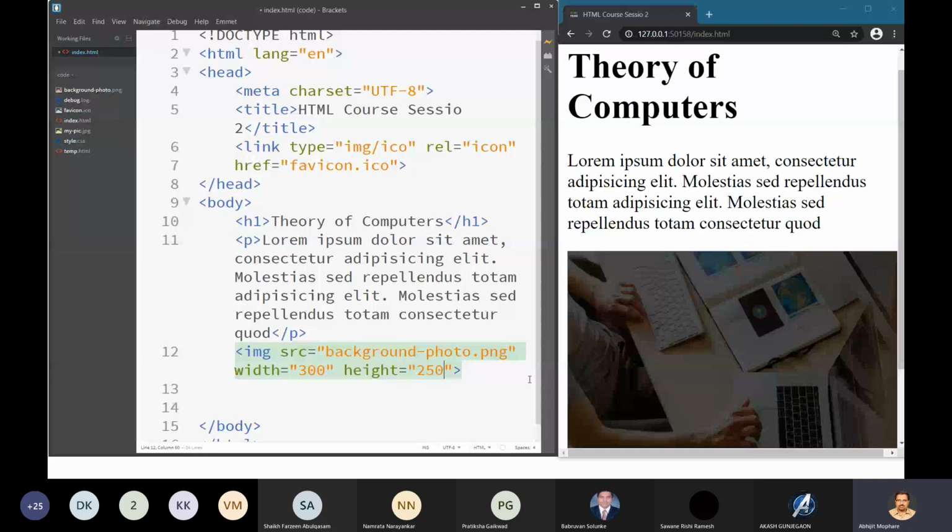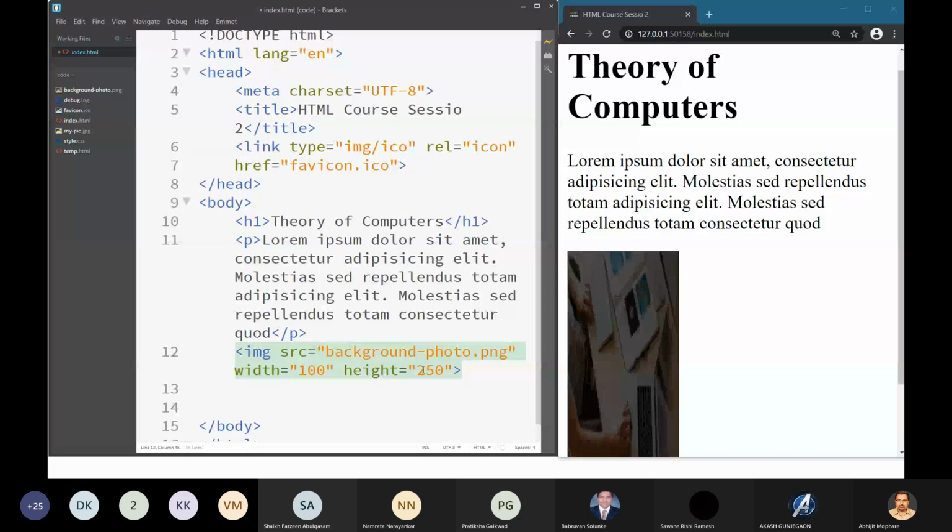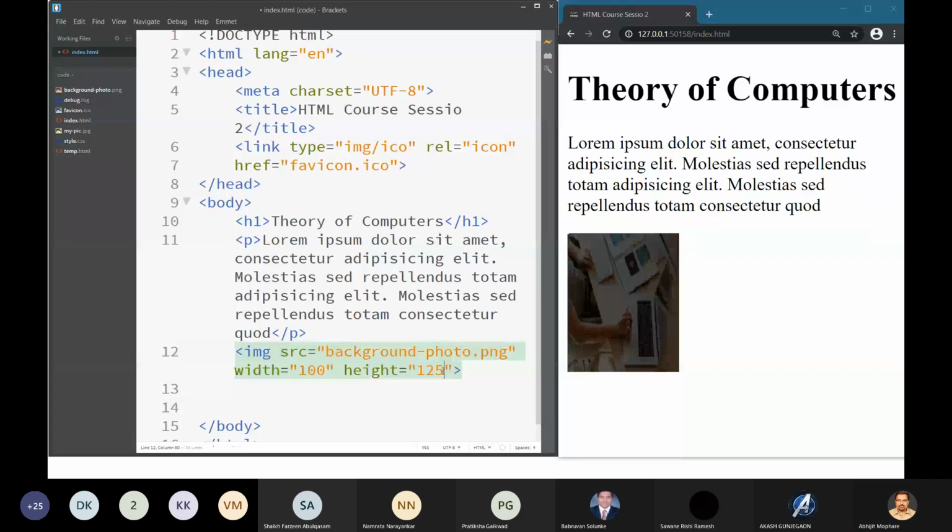Or let's say if I again reduce the width by 100, you can see. Instead of that, let's say 100, 110.